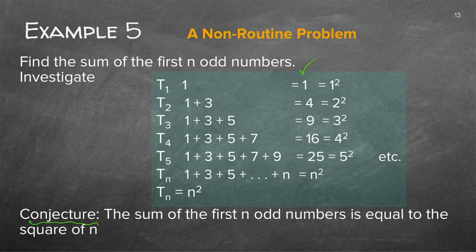You know that already. For term 1, it is 1 square. For term 2, it is 2 square. Now, I don't even have to go any further, because you can already see the pattern. For Tn, it is n square. And that is how you can also find a formula if it's not the normal arithmetic one, because you can get ones that is non-routine, and there you've got the answer.